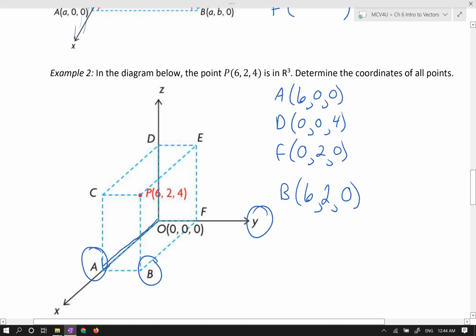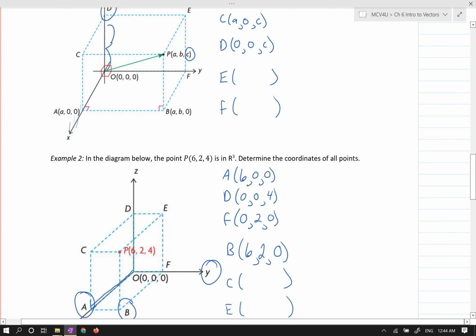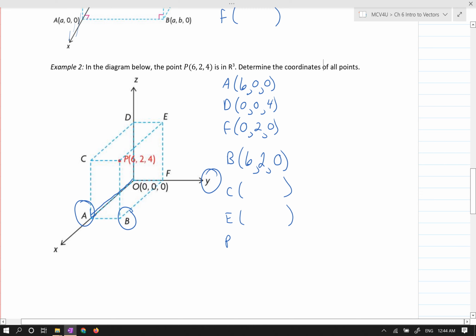Fantastic. Now you folks should be able to handle point C and point E, and then go through the logic for how we could consider, with some vector addition, how we could find point P. Try it out on your own to finish this. Again, the solutions will be posted on the classroom. We're going to push forward in the video, though,